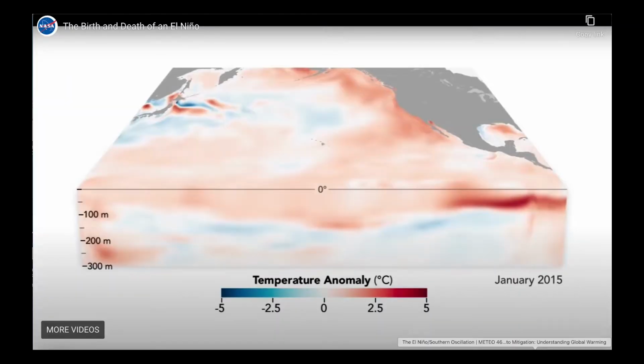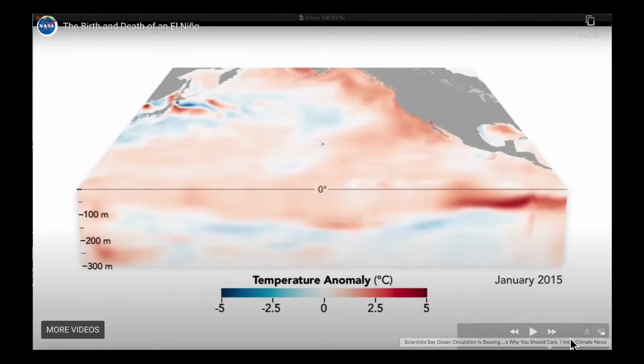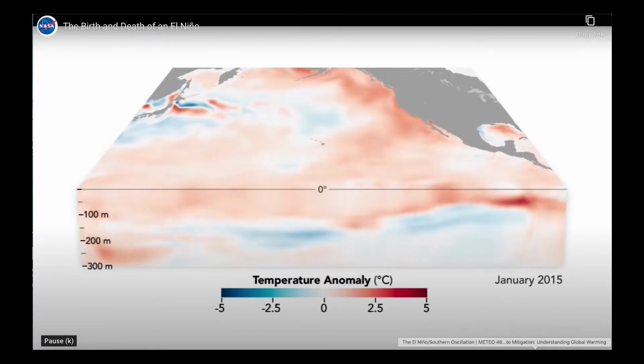Let's take a look here at El Nino over a period of years, starting in January of 2015. What you're going to see is some warm water depicted by these darker reddish colors pooling off the coast of South America. Ultimately, this is going to break down. This cap of warm water is going to be replaced by cold water via upwelling. And as it's displaced, it moves to the west towards Australia and Indonesia.